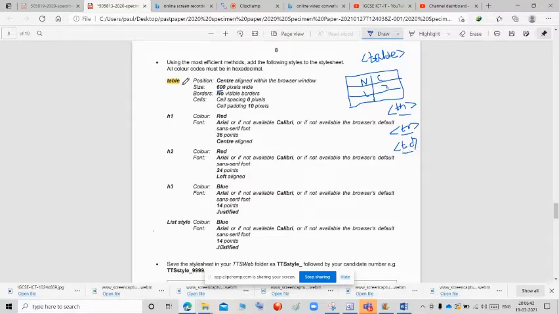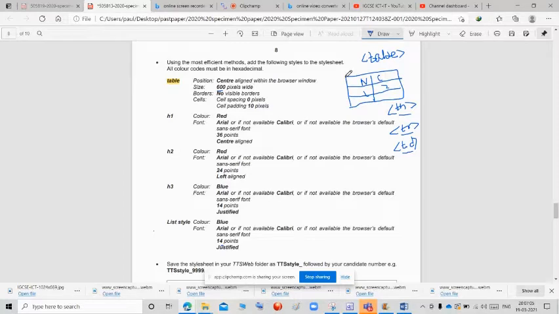In table, first they are asking the position. In this table, we want this table in the center position. For CSS, we want to consider margin left and margin right. So if we give margin left auto and margin right auto, it will be in the center position.